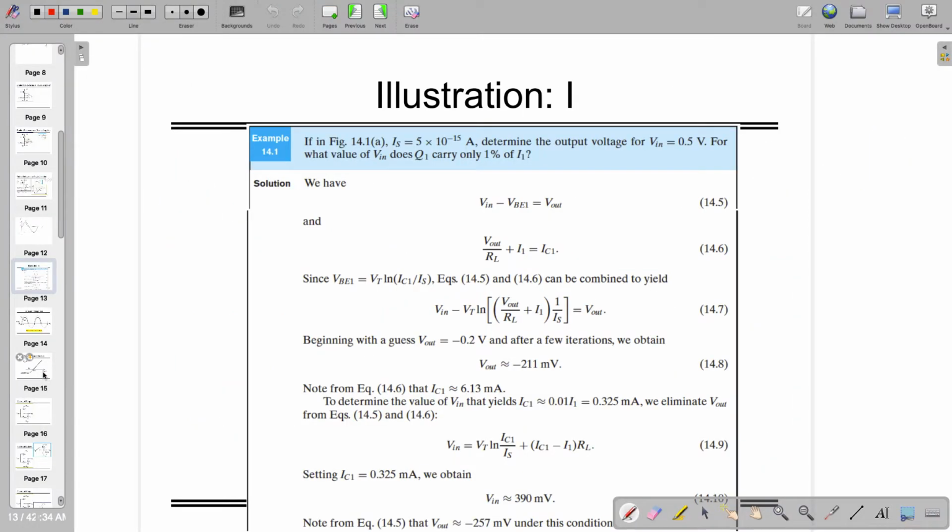In that case, if Is is equal to 5 times 10 raised to minus 15 ampere, you need to determine the output voltage for Vin equal to 0.5, and for what value of Vin does Q1 carry only 1% of I1. This equation is already known to us: Vout is equal to Vin minus VBE1. On top of that,